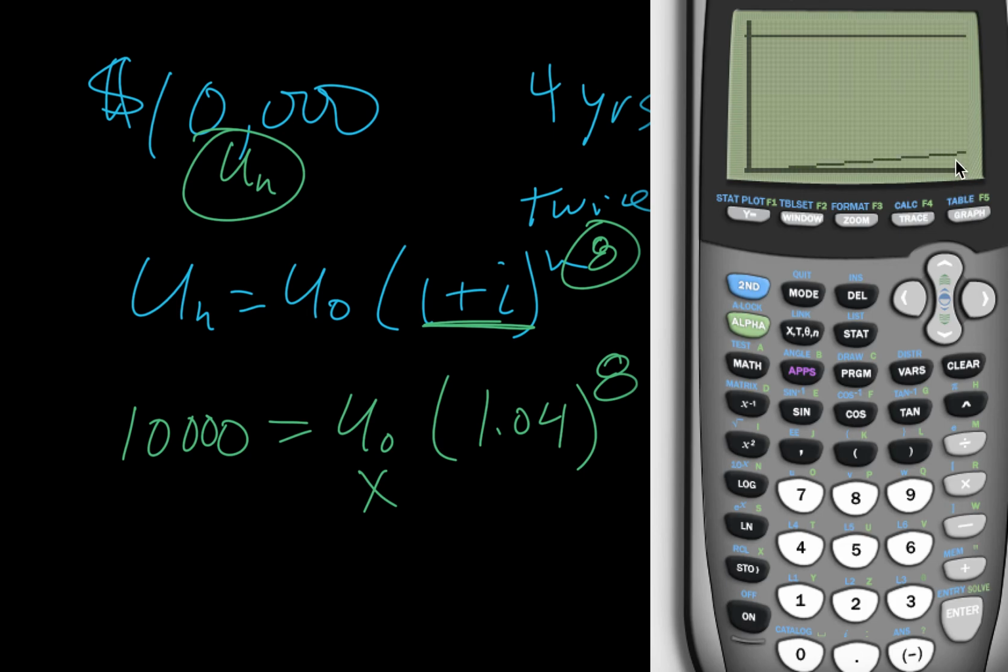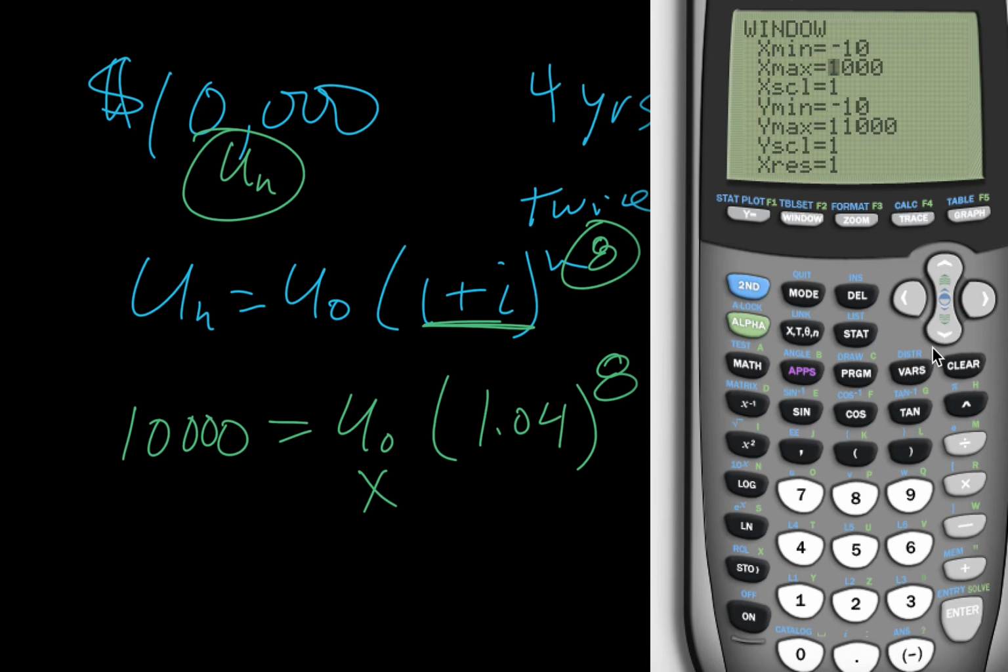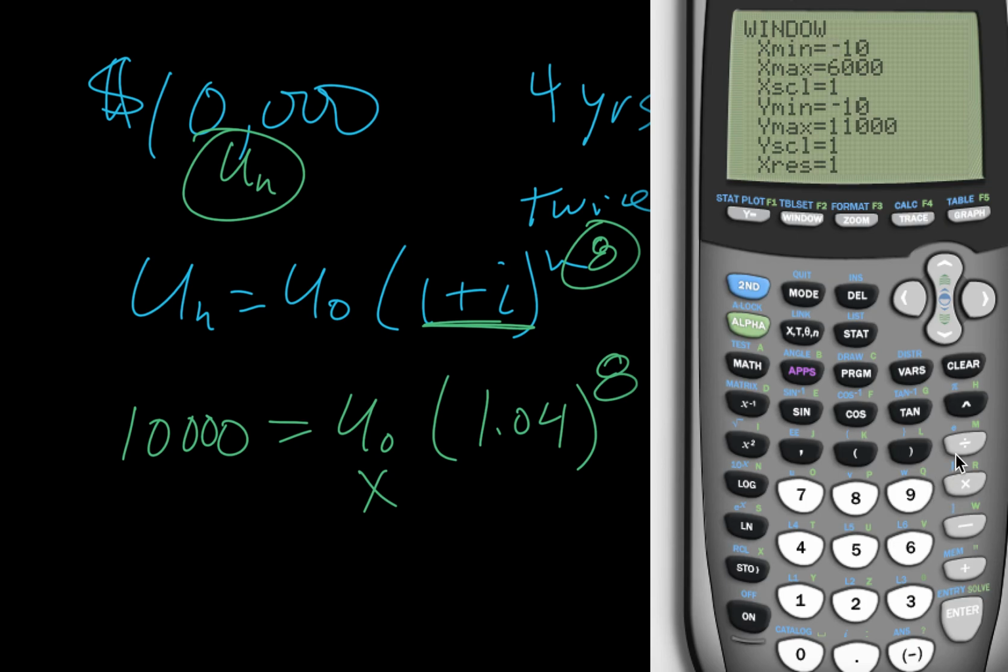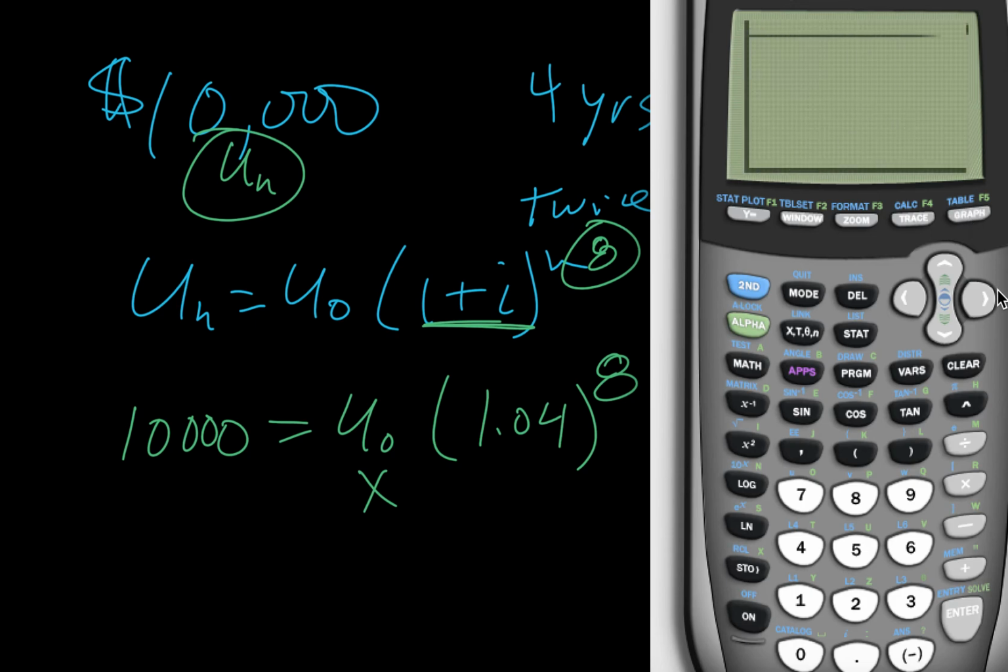Oh, 1,000 wasn't enough. See how over here they don't cross? We need more space on the x-axis. We go back to the window. And I'm going to say 6,000. Just see what happens. Okay, we're definitely getting closer. Are we going to make it? Nope, didn't make it yet. So we need to make that bigger. Let's just go to 10,000. Graph that. Alright, so right here,